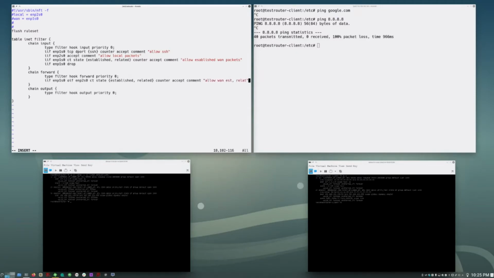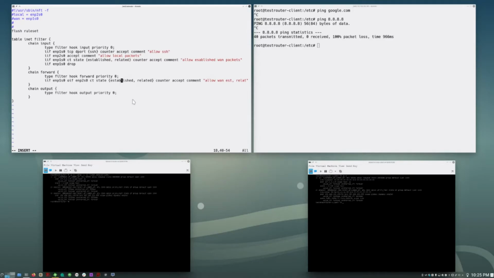What that's going to do is allow packets to be forwarded if they are established and related from enp1s0, our WAN, to our LAN, enp2s0. So this is going to allow it at the front door, and this is going to allow it to